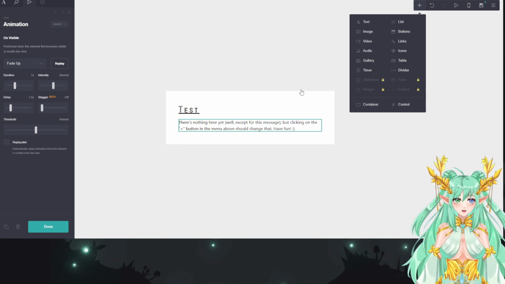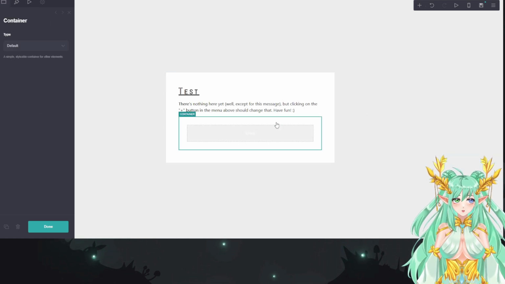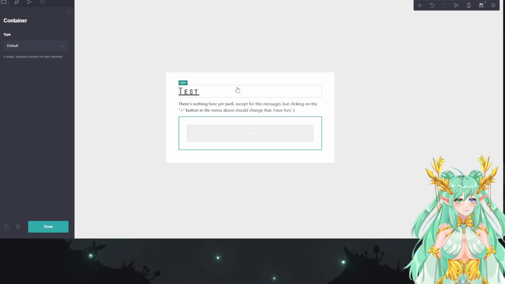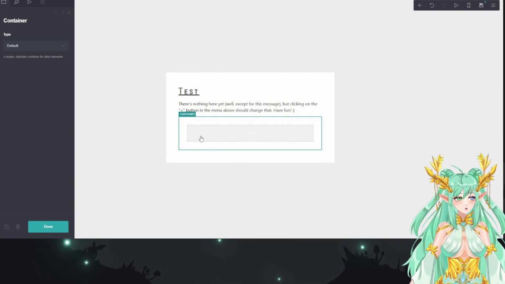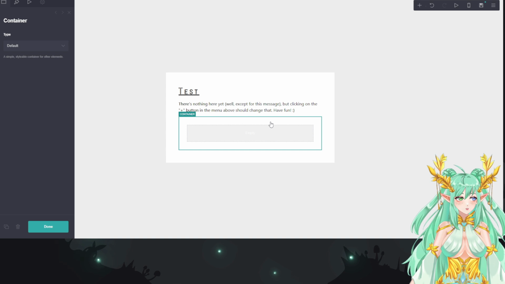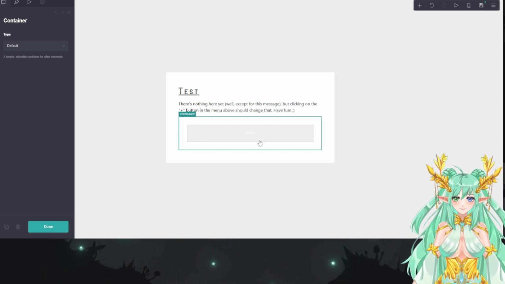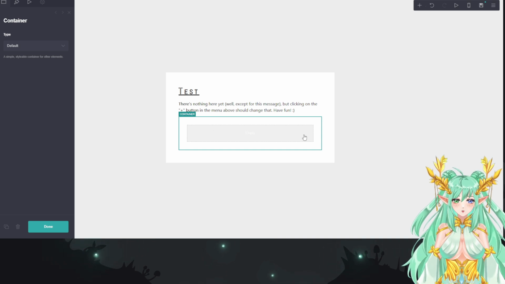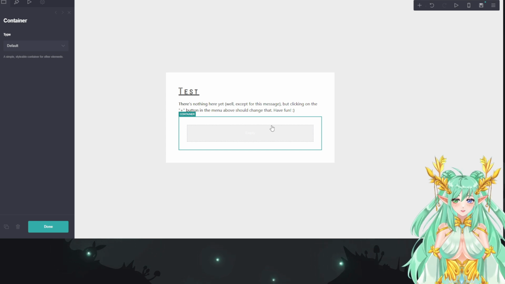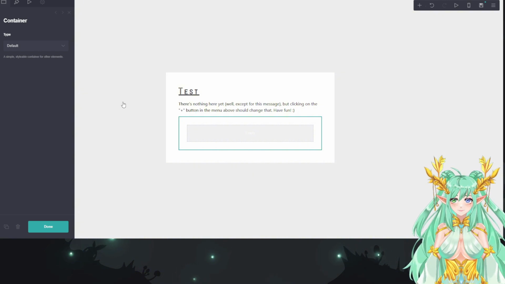So for example, this right here is a container. If we add another container, that adds on to the section of the page. I wish it was a little bit more intuitive as to moving words and images around, but it seems very uniform with placement. With that being said, I know there's only one spot here to add in a button or an image, but if you wanted to break this up into different spaces, what you would do is go